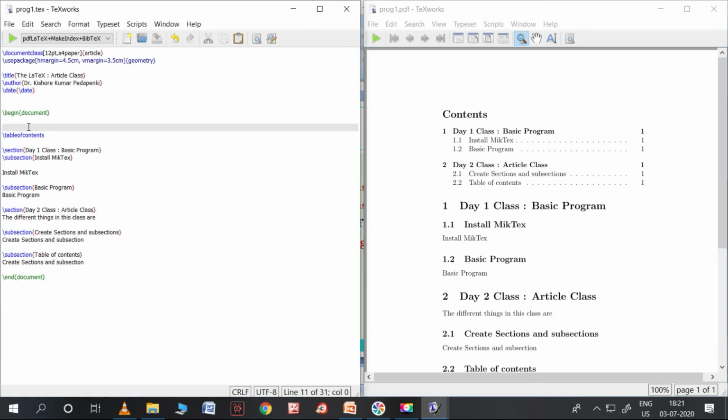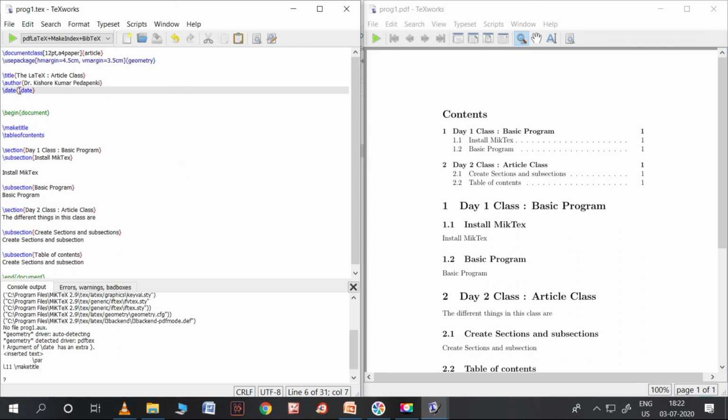Actually the program will be executed from begin document to end document, so whatever we write outside this part never comes into our program. So we need to incorporate each and every part, that means title, author and date, in the document. So how to incorporate the same? By using the maketitle command, all these things will come into picture. So let us run it.